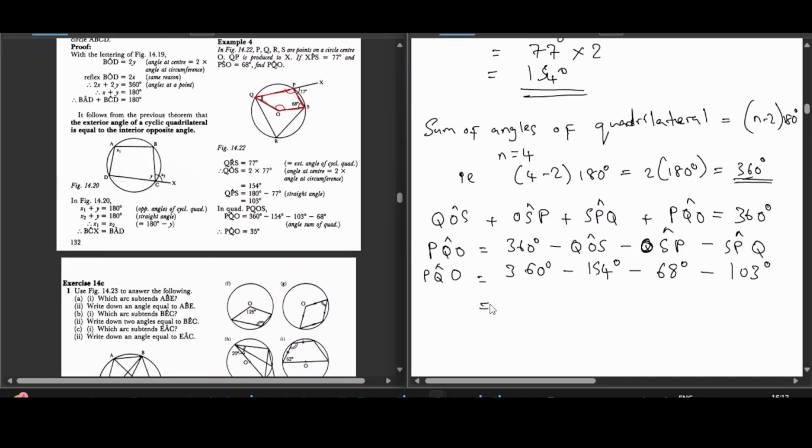Subtracting 154, subtracting 68, subtracting 103, we get 35. And as you can see, this 35 is the same as the answer they are getting inside the book. So if you follow my method and the method of the book, they are a little different,